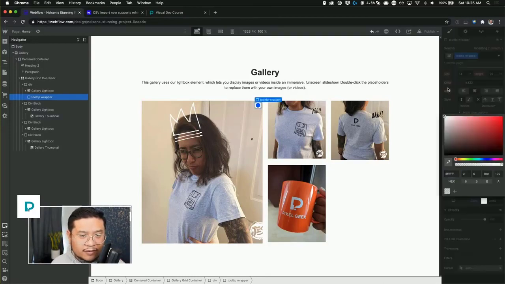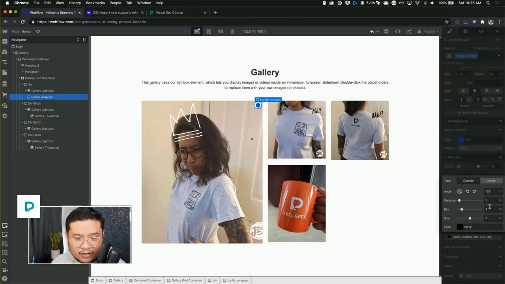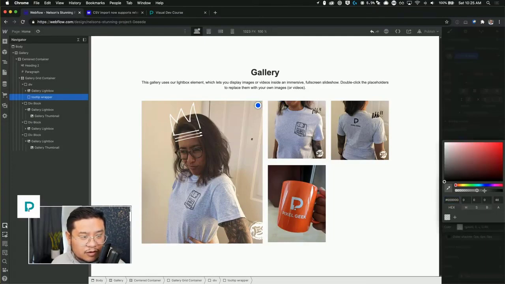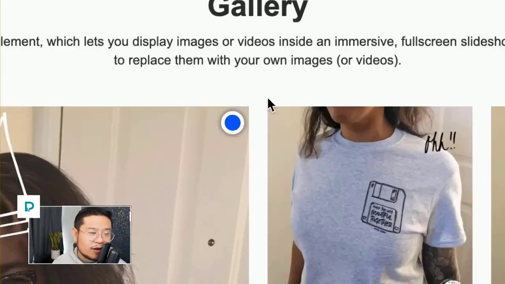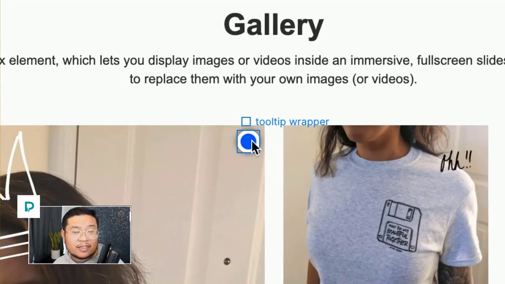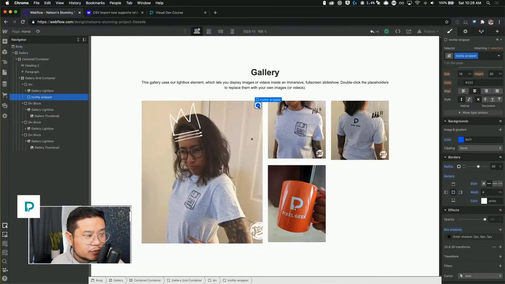Give it a color white, and let's add a box shadow so it's like popping out of the, there we go, something like that. And let's tone it down a little. There we go. So we have this tooltip. So what I want is when someone clicks on this, a tooltip shows up. Okay. So we have that tooltip wrapper,